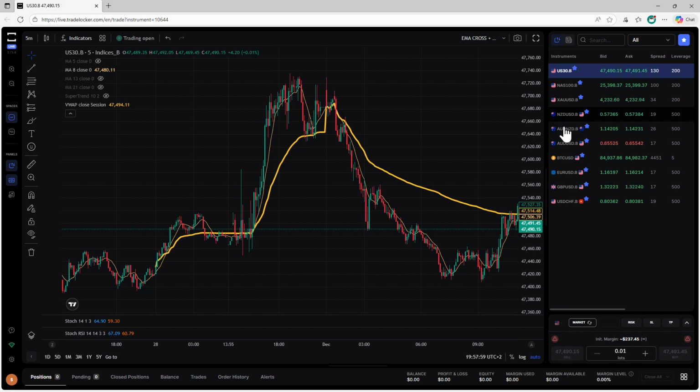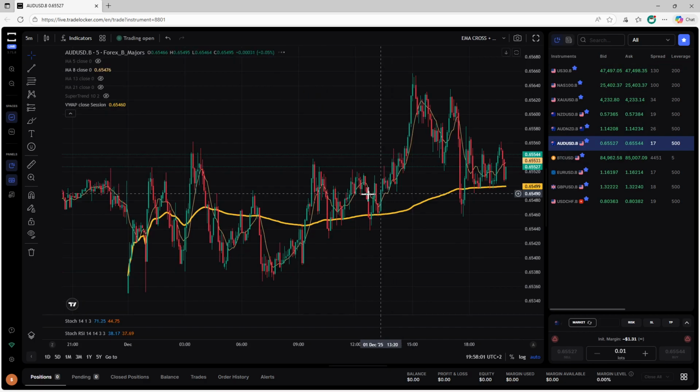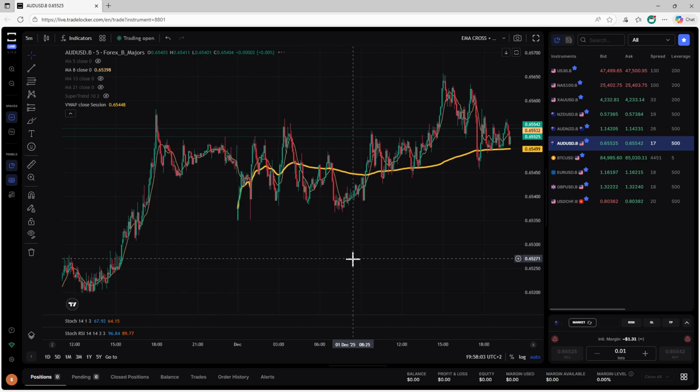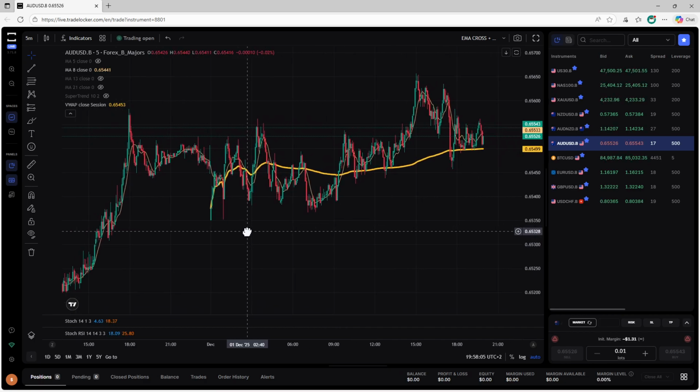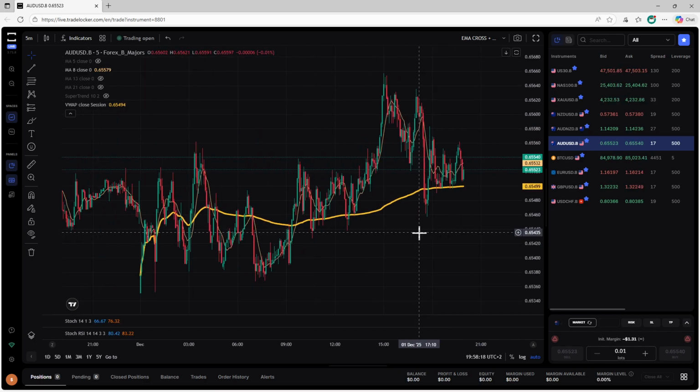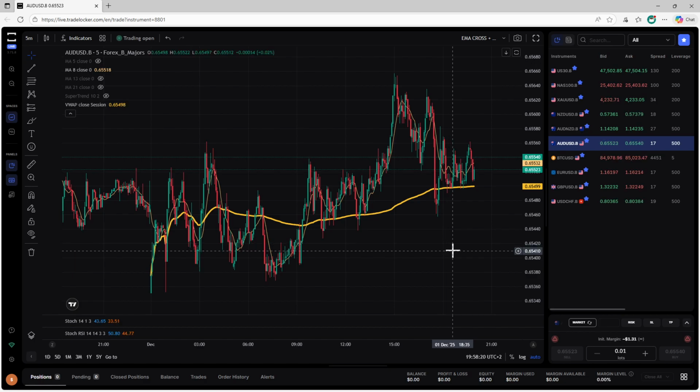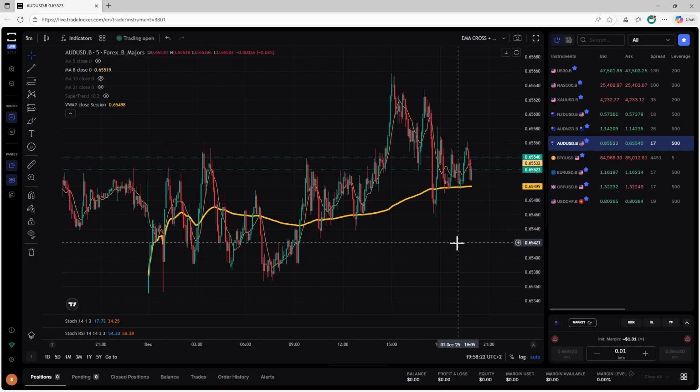You can use this also on Forex pairs. Same principle, retest of the VWAP, and then price above the EMA. Now you have cut this up very nicely, very clean, very easy, and very straightforward. All right, so I'll leave you with this, and we'll see you in the next